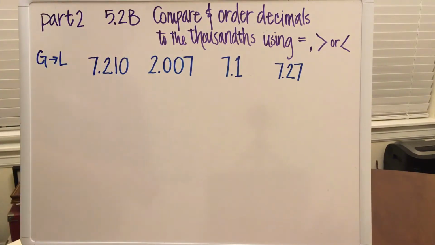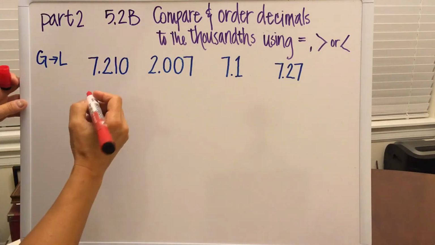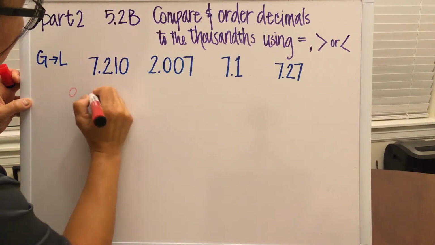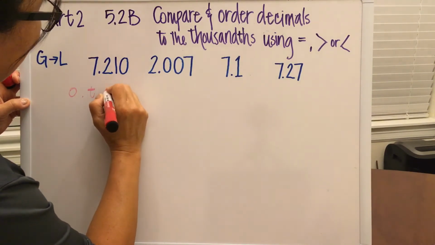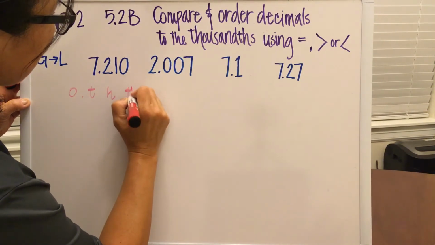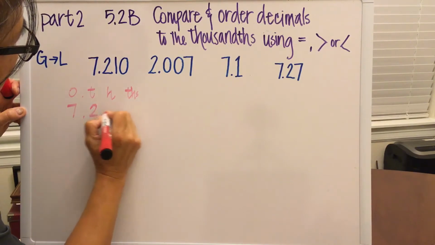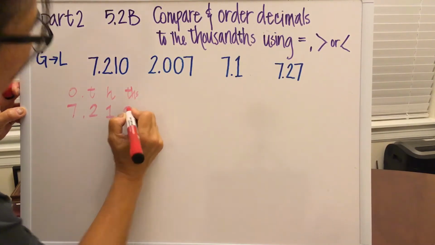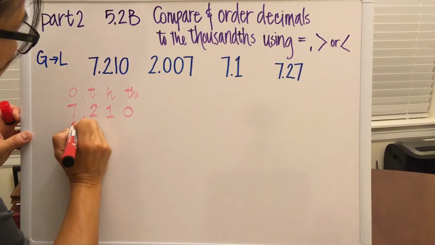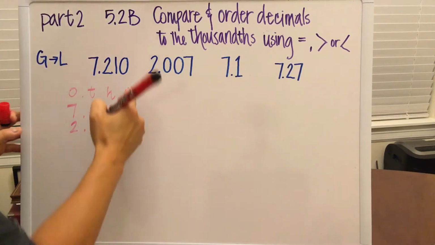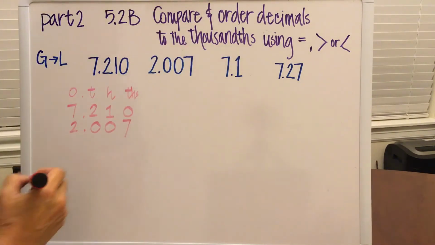Okay, so first of all, when we compare, we want to make sure they are all lined up and we're comparing the exact same value. So I'm just going to begin to line them up. I have a ones place, the tens place, the hundreds place, and then the thousands place. The first number is 7 and 210 thousandths. The second number, I have a 2 and 7 thousandths. I also have a 7